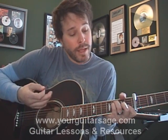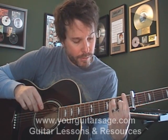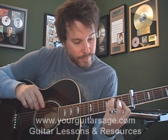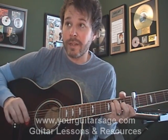A measure of F. And I play my F like this. I mute that 6th string here with my thumb instead of playing a big old fat bar chord. I act like I'm playing the bar chord, but I take this first finger here and lay it down on fret 1, and I bring my thumb around and mute that 6th string. So the second line here is an F